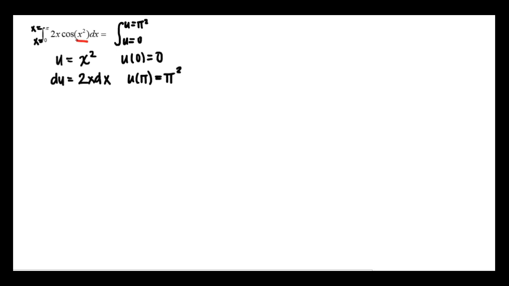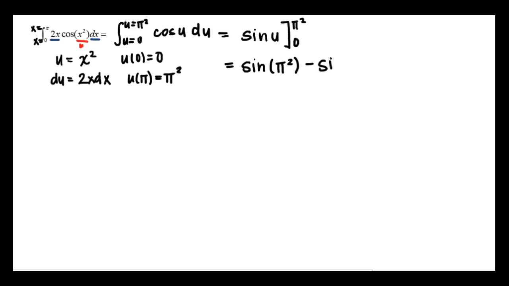So my u is going to be right here for x squared, and then my du is 2x dx. So my integral is going to become cosine u, and then 2x dx is exactly du, so cosine u du. And now we can forget that this problem ever existed because I changed my limits of integration. So now the antiderivative of cosine u is sine u, and we're evaluating from 0 to pi squared. And now I substitute in my top limit of integration first, so I have sine of pi squared minus sine